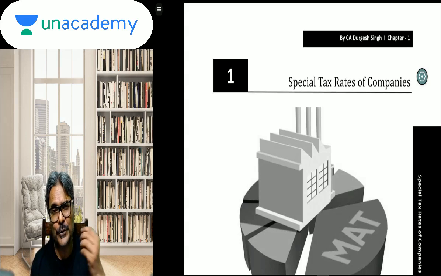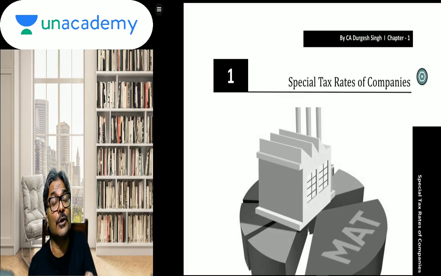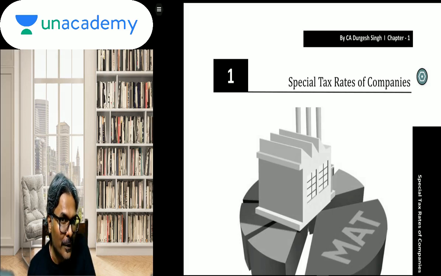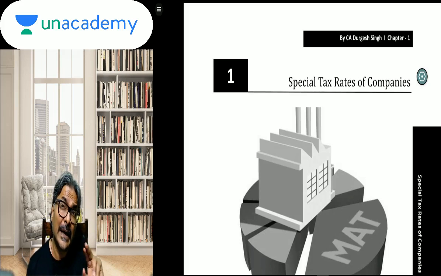First, we are going to look at the basic tax rates applicable to a domestic company and also to a foreign company, and thereafter we will switch to the discussion on the minimum alternate tax. There would be 2 videos or so on the theoretical aspect of the MAT provision. All the basic provisions relating to the MAT I'll try to cover in this video, and in the next video I'll do with you the most advanced theoretical part on the MAT,